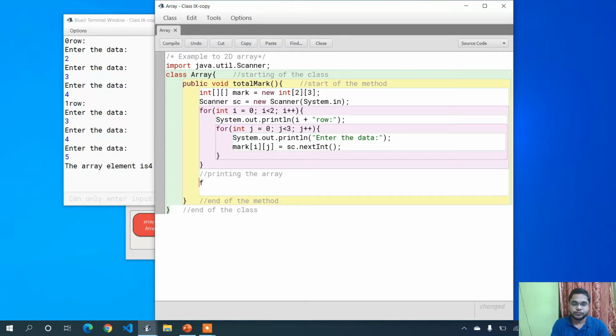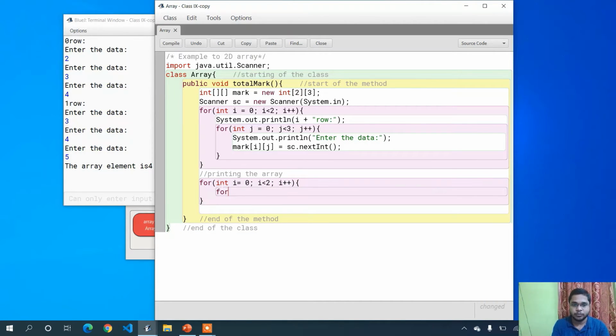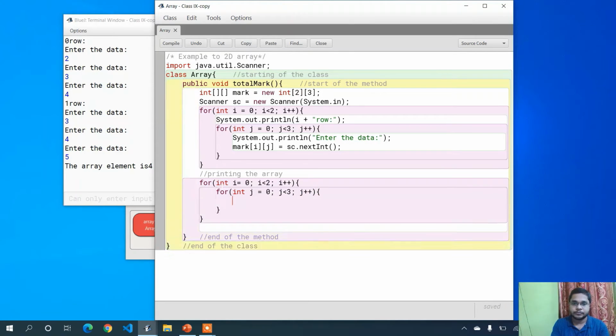First write the for loop, int i is equal to 0, i less than 2. The outer loop is my row, then i plus plus. Inside it, the inner loop: int j is equal to 0, j less than the column, that is 3. Then j plus plus.